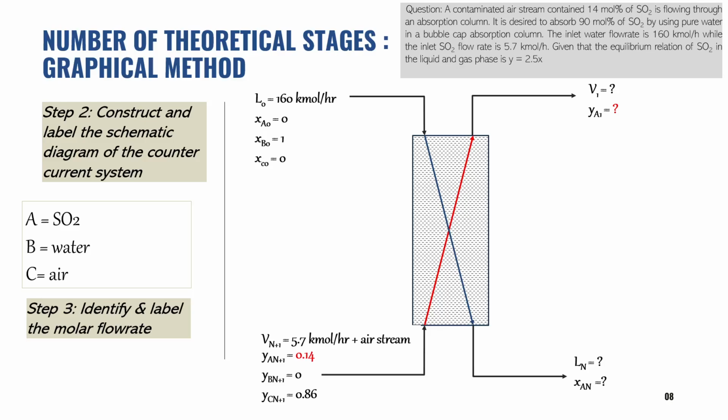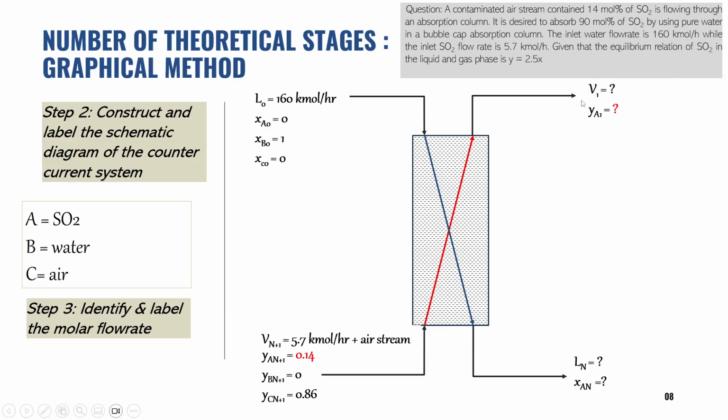Okay, so we have the liquid stream at the top, denoted as L naught, with 160 kmol per hour. We have the V stream, the gas stream, denoted as Vn plus 1, which is the combination of a 5.7 kmol per hour SO2 stream and an air stream. Okay, leaving the system is